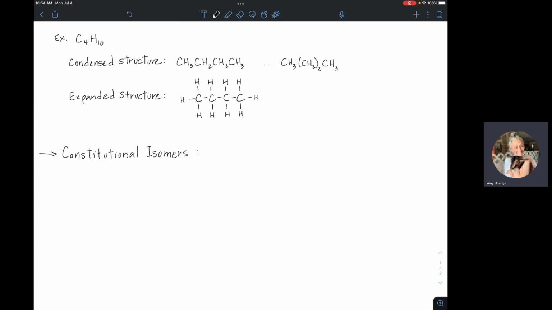So these are going to be molecules with the same molecular formula. I'll just write MF. So in other words, C4H10, right? But different